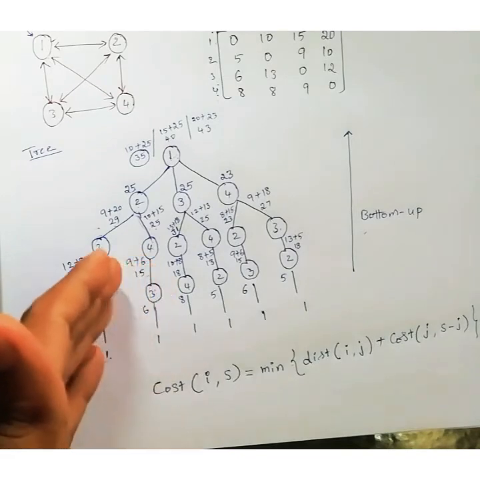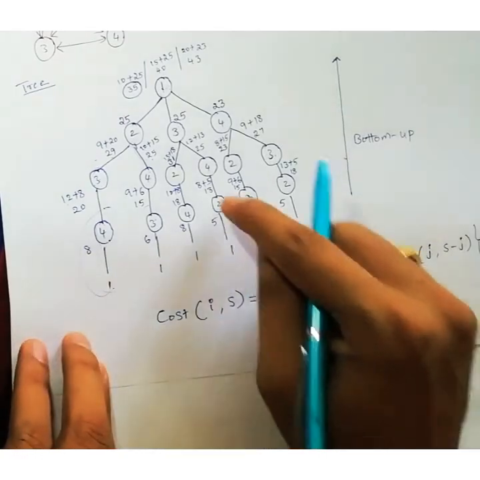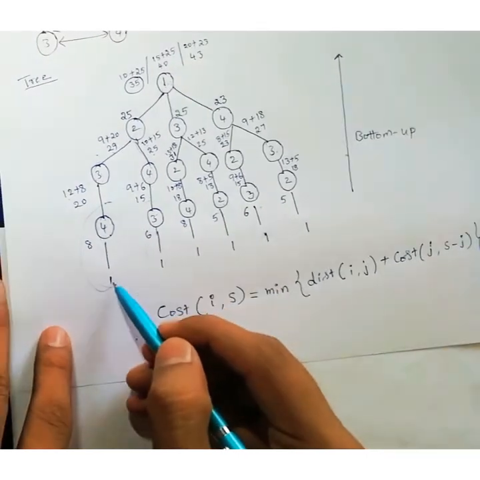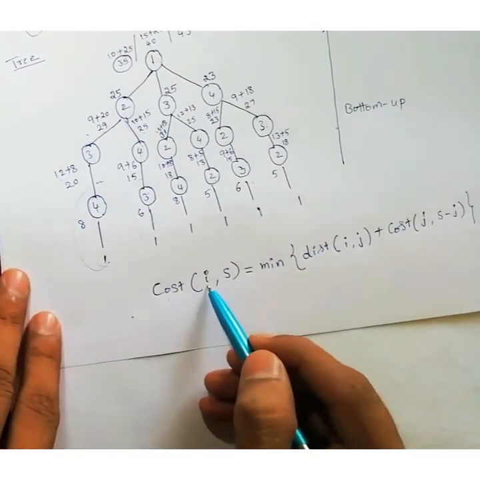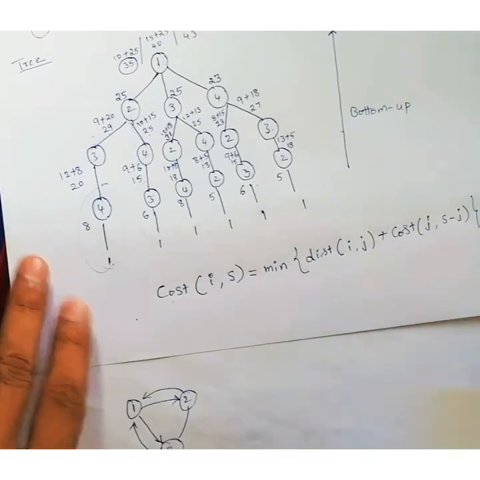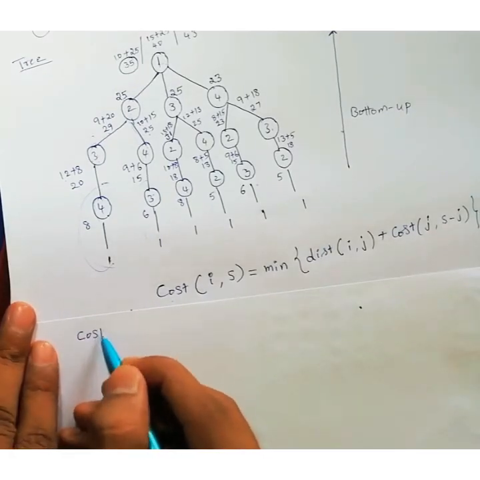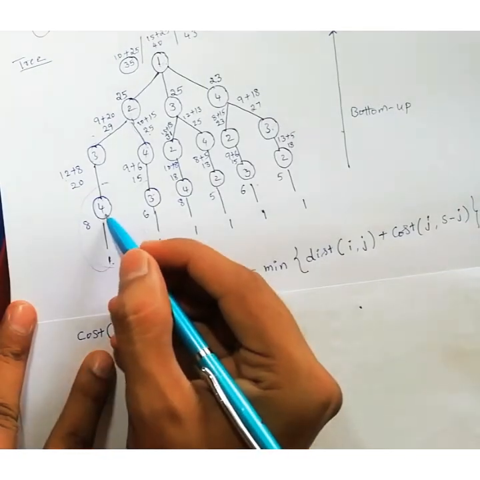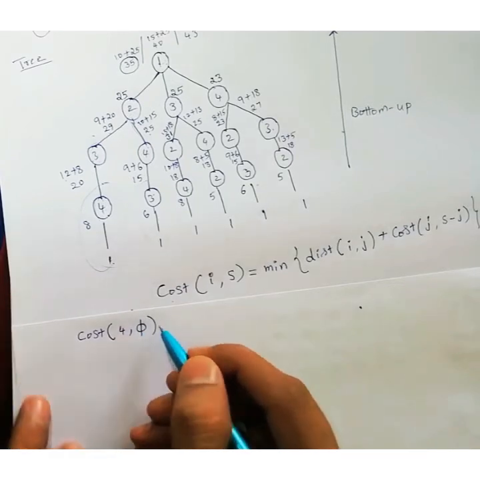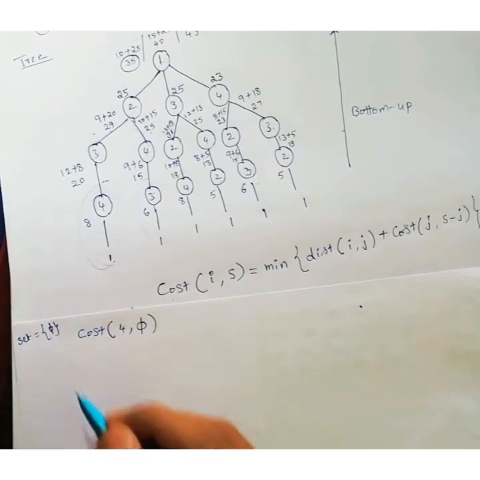So we will just see one or two and how to get that. Now we will see how this formula is applied in each stage, on each level. Okay, so just take from this level. From 4 we are going to the initial stage. That means cost of 4 comma initial, we don't have anything. That means it should come to 1. So initially I can take it as psi or phi, whatever you call it. I am finding cost of 4 comma, initially we don't have anything, so 0. That means the set doesn't contain anything. The set contains 0 elements. We are representing it by using phi.